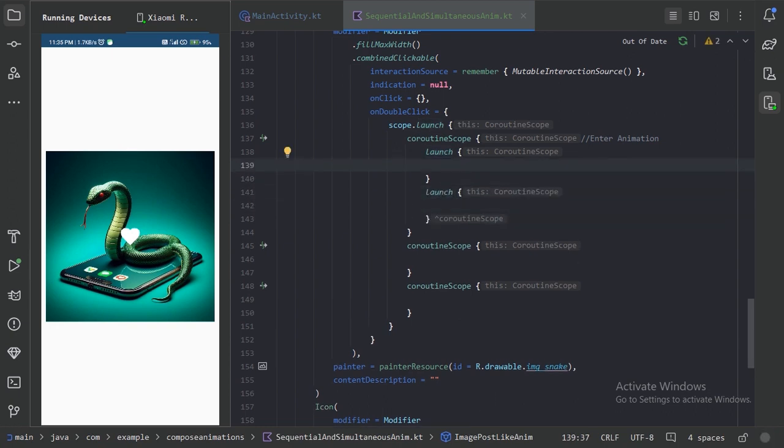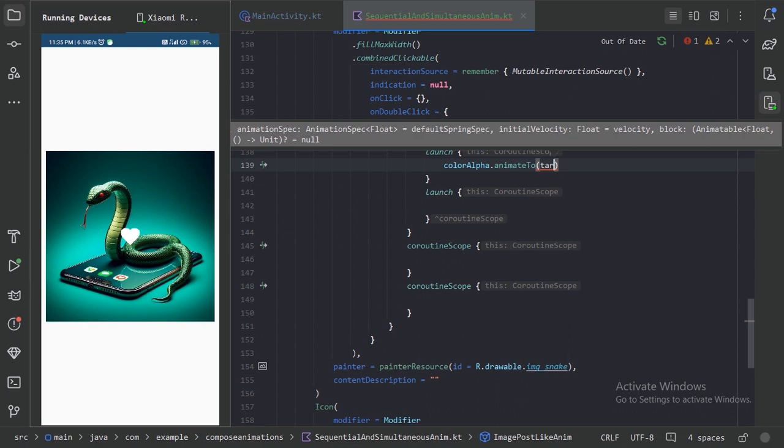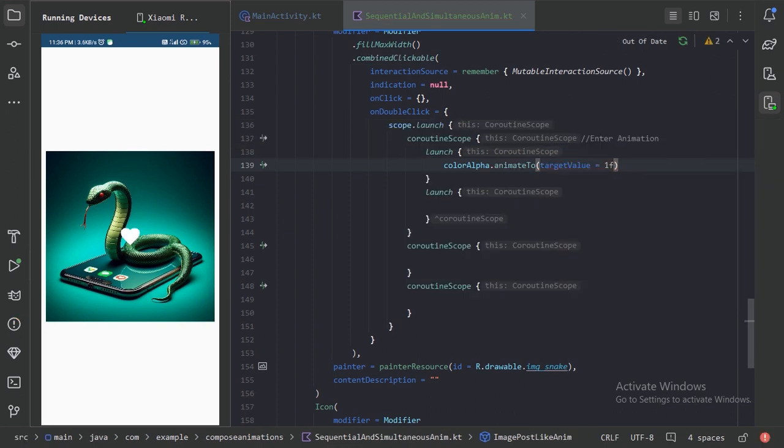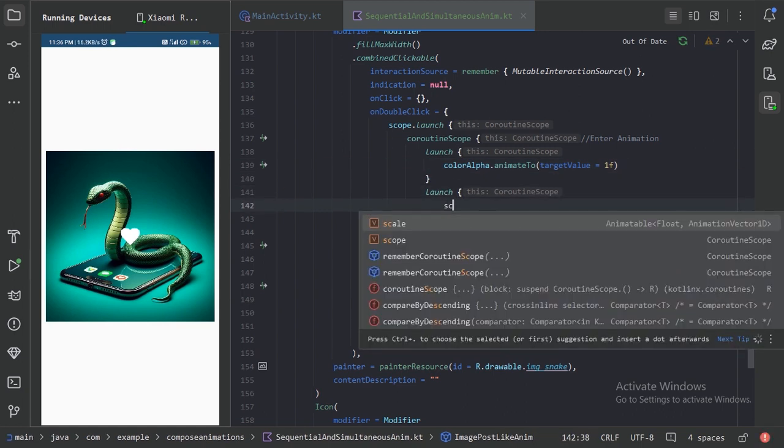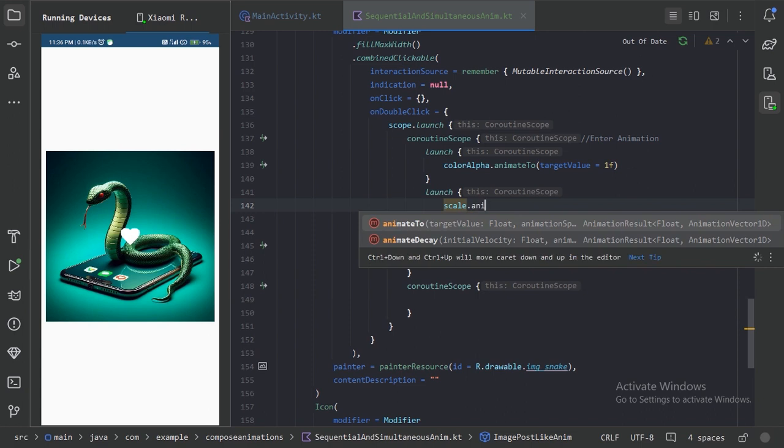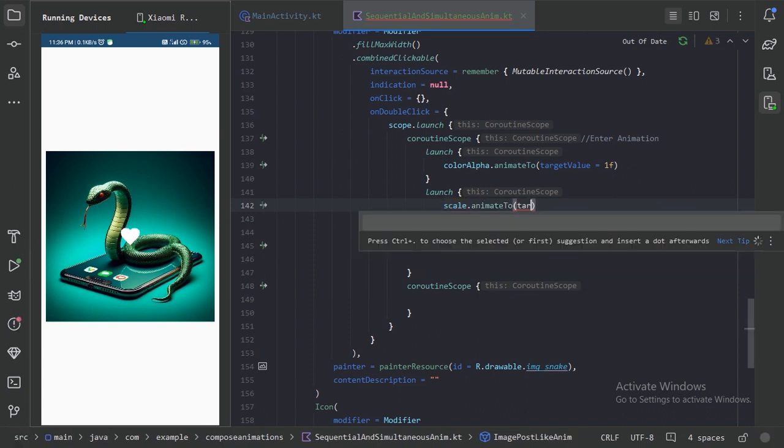So first one, we will change the alpha value. So here, let's use this color alpha dot animate to and target value to 1f. So we will animate from 0 to 1, and in the same way here we will animate this scale value to 2f,